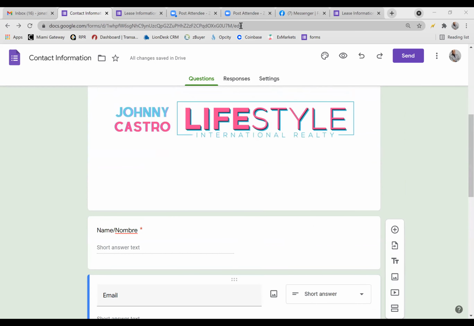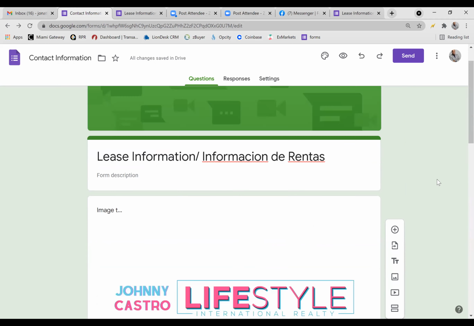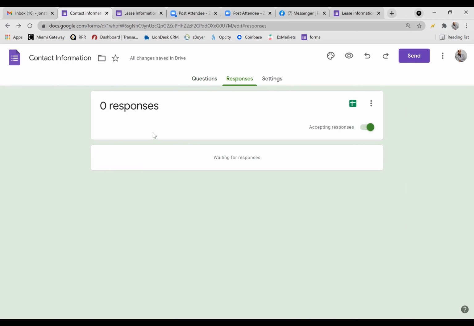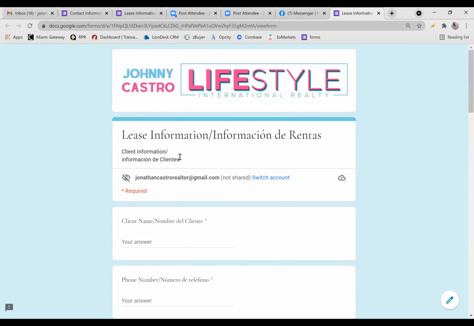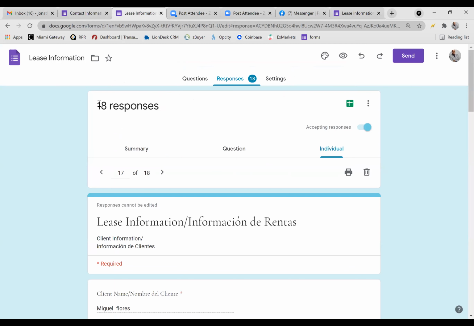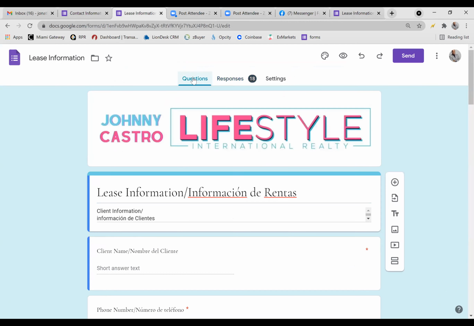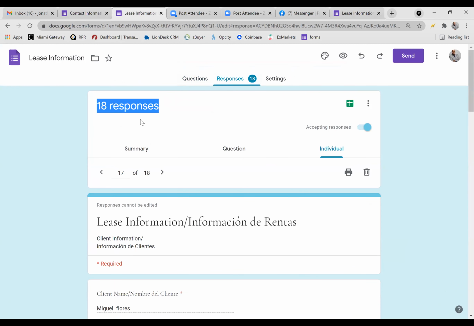And as you start getting responses, you go here to responses, and they will all be lined up in this area, okay? Right now it says it's waiting for responses because nobody has done it, and it's instant. The second somebody fills it out, the second it gets here. Let me go back to it, I have 18, okay? So we were just here building the questions. We moved to responses right here, okay? So what you see here